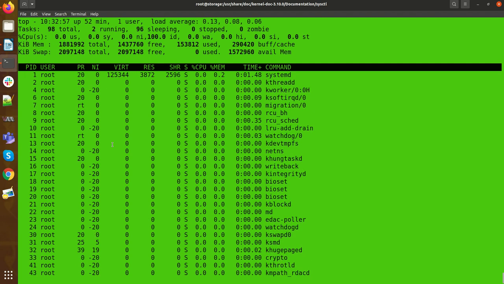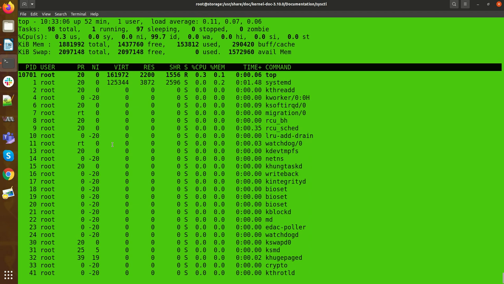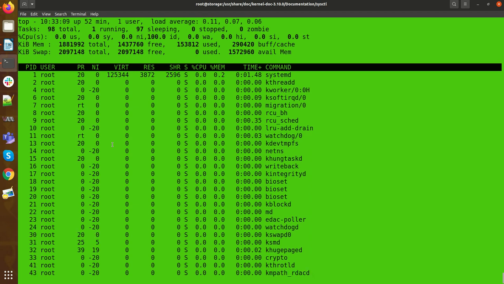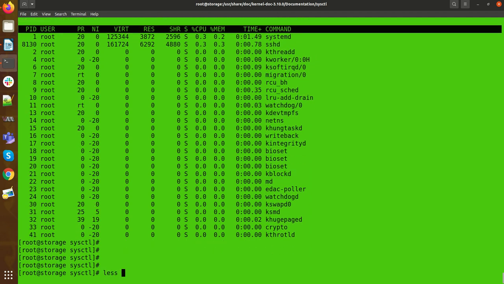Plus 19 will be a bad process, and minus 20 will be a good process. So lesser value, good process. And you can also tune the process oom value, if you want to adjust it.